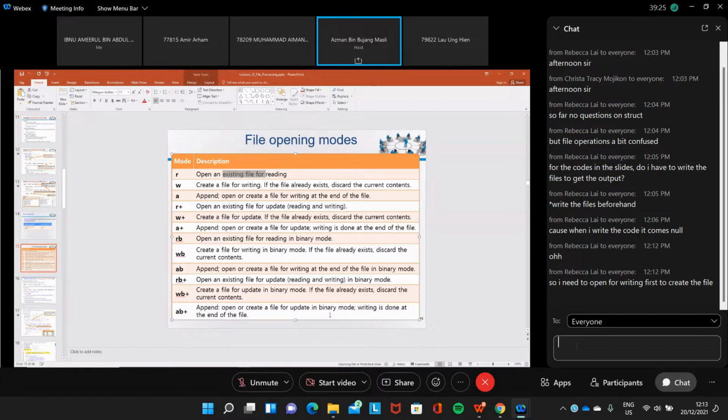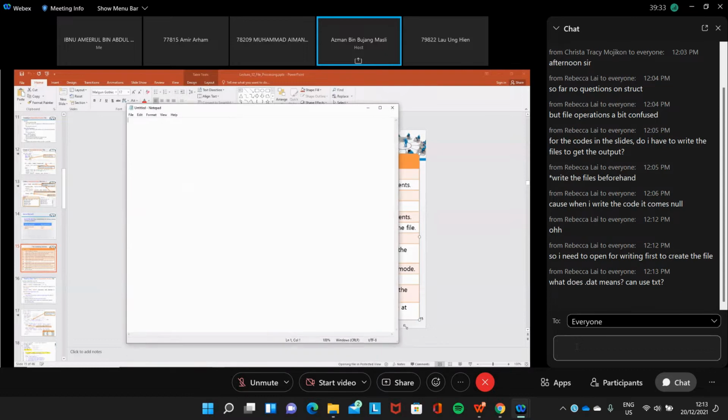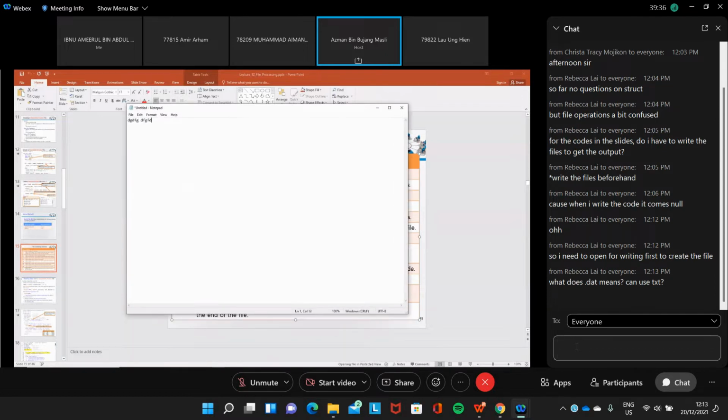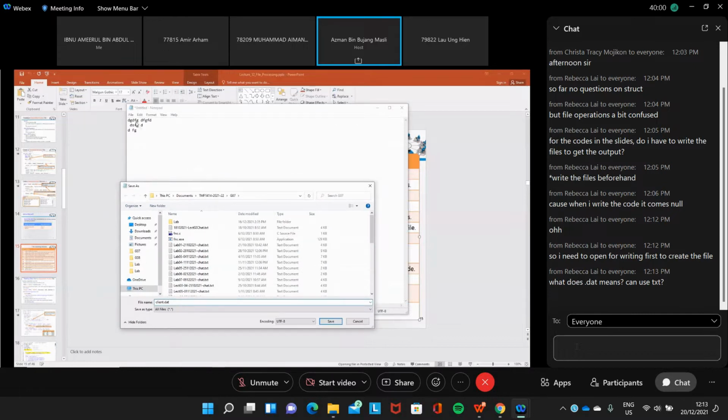You may as well create a file using your text editor like this one. Open the Notepad, and then you type whatever you want in the file, and then make sure you save it with the name that you want to open it. For example, here you save as client.dat. Then you have the file in your computer, and then you can open it. But make sure that the way you arrange the data here matches what you want to read.